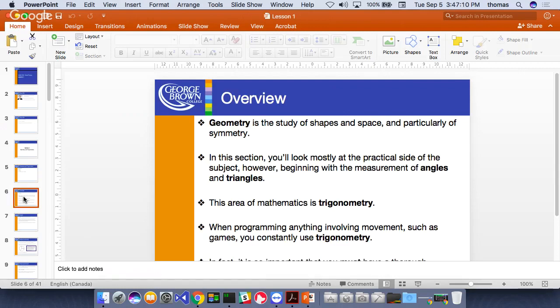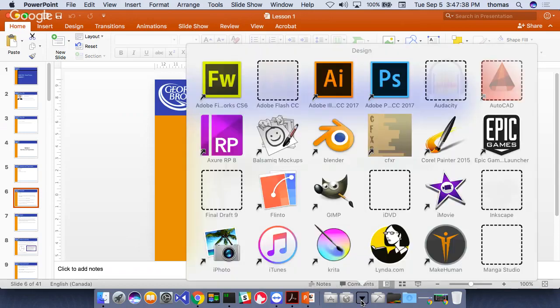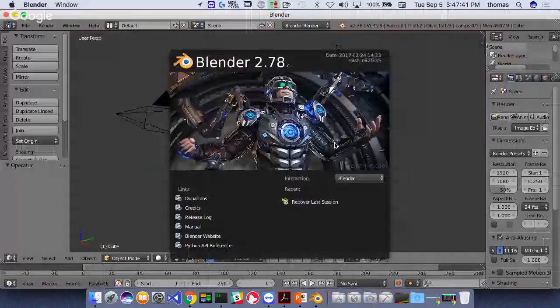All right, so let's go over this. When we talk geometry, I'm not just talking about geometry in 2 dimensions in this class. And I want to start off by saying that anything we can apply in 2 dimensions, we can extend to the 3rd dimension. It just makes it more complex. So let's look at an example that we can do in Blender. When we talk geometry, guys and girls, I can't make it so boring that you're going to watch me read PowerPoint slides, okay? I'm not going to do that. So if you think that's the way I lecture, not going to happen.